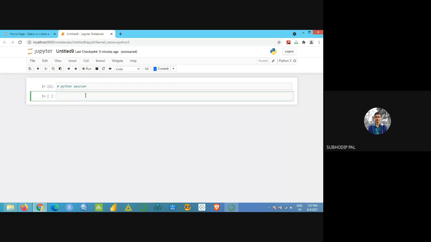Next is, suppose I want to write some text. I'm not importing any library till now. Just simple Python I'm doing. So text, whatever you want to write, you have to use the quotation format, either single quote or double quote. When to use single quote and when to use double quote, we'll come to know that. First here I am using single quote and I am writing here hello, and I'm using the backslash key. Okay, this one. Just press enter.